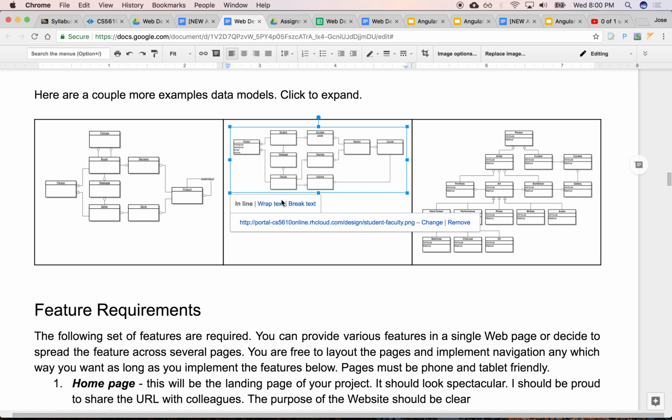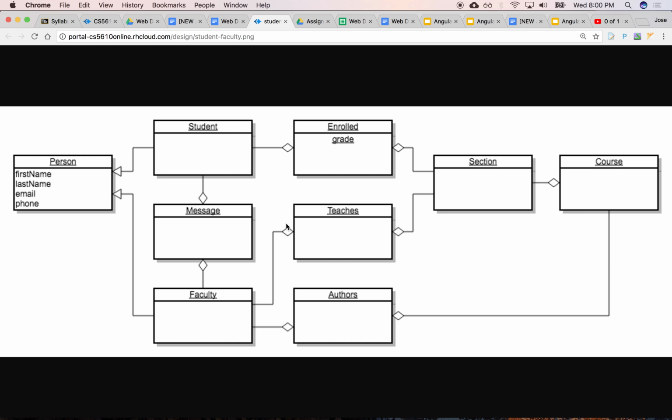Here's another one where you have students and faculty sending messages to one another, and the student has a mapping of grades for different sections that they've been enrolled in. So this is a mapping table that maps all the students to different sections.